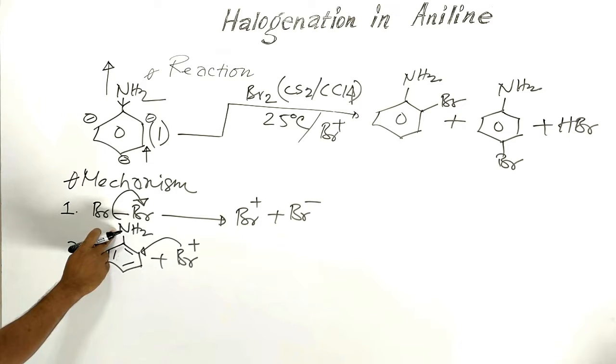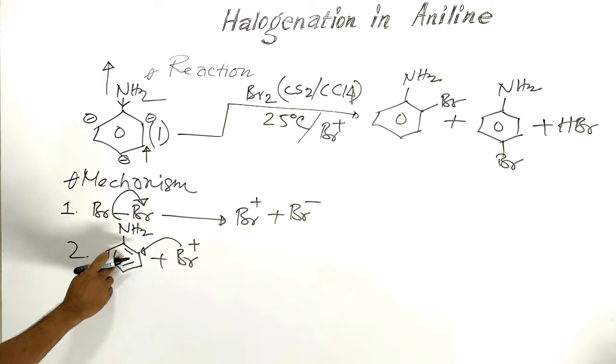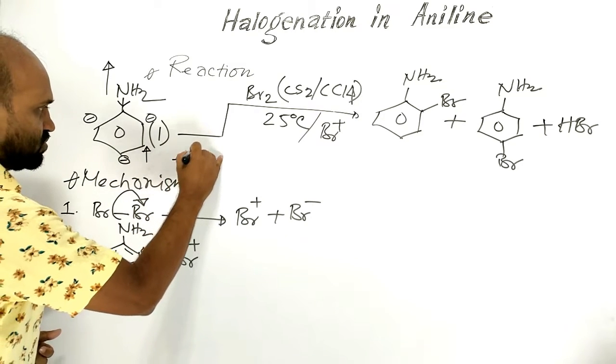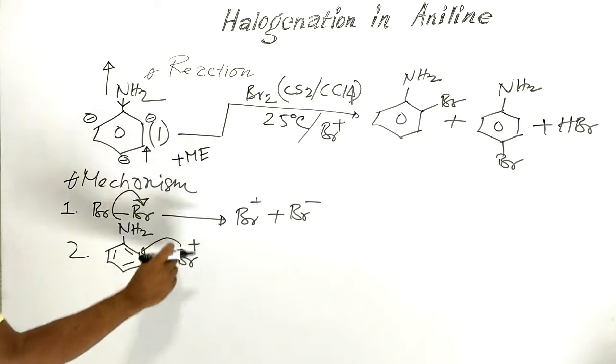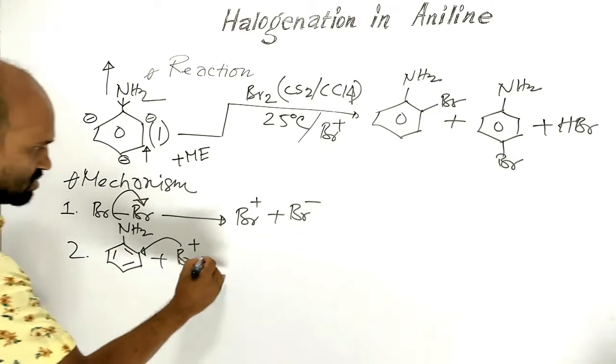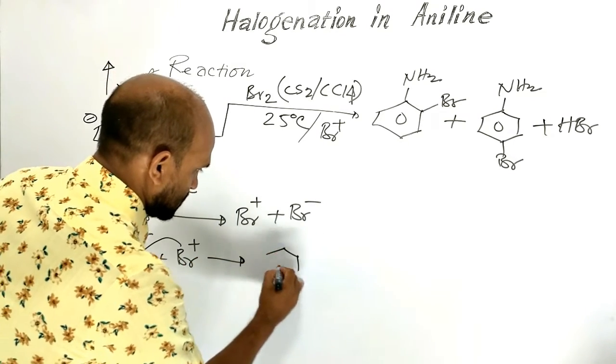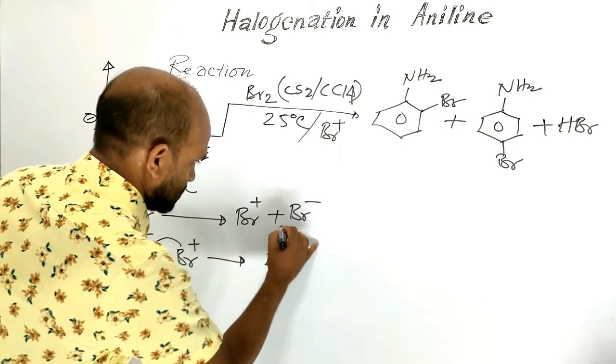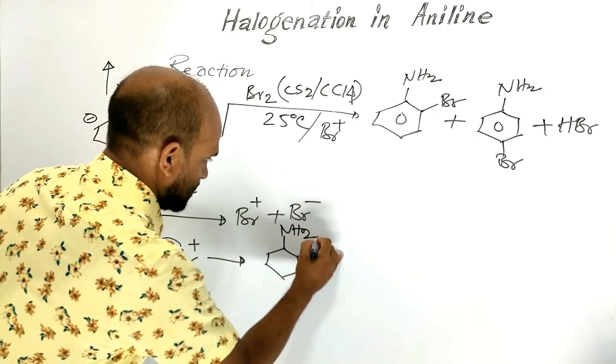The amino group activates the benzene ring through positive mesomeric effect. So, bromine cation attacks the ortho position to form this entity,